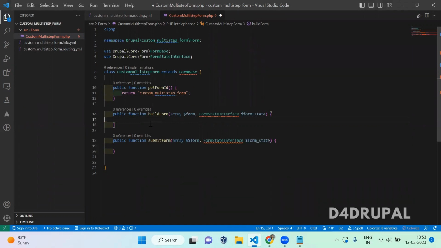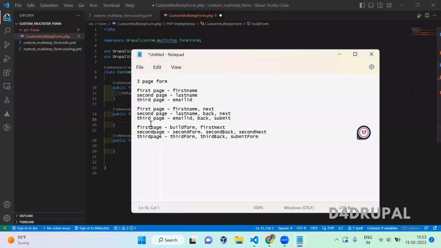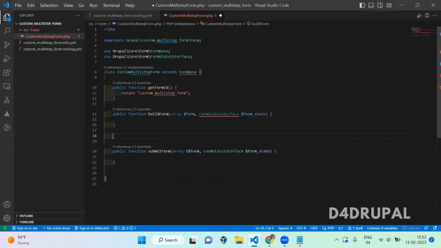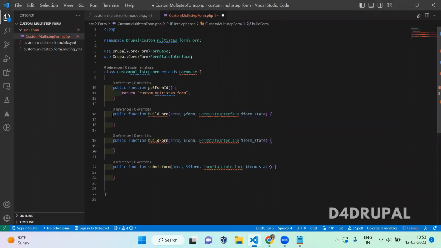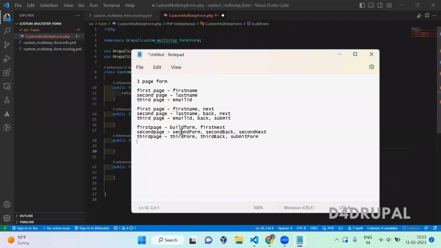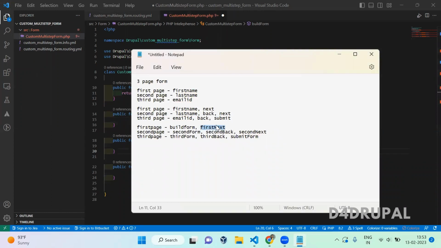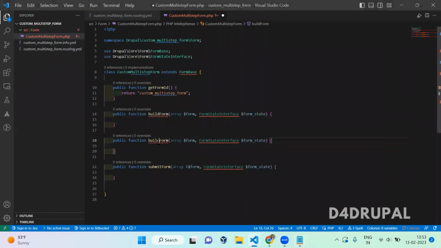So first, as I already said, we need to define all the functions. So I'm just going to define the functions first. Just copy the buildForm and then enter. And here you have first buildForm, and then next you need the next function. So this will take you to the second page, and the form should have an ampersand in the submit form. And then next